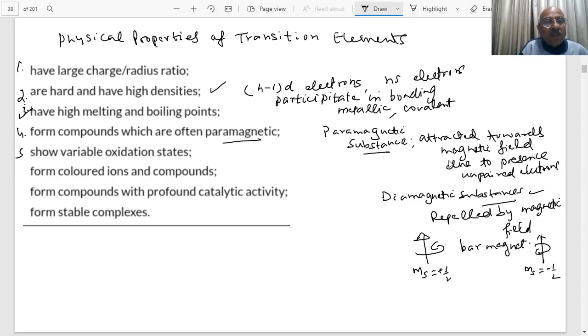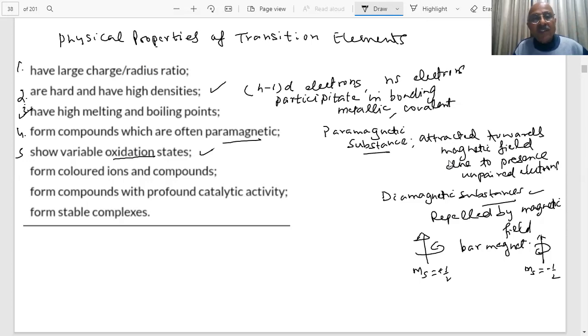The fifth important point which we are going to study is the oxidation state. Transition metals exhibit variable oxidation states, meaning a variety of oxidation states, student. Till now, alkali metals show plus one oxidation state, alkaline earth metals plus two. And now we are coming to groups 3 to 10. They show variable oxidation states. You will see plus 2, plus 3, plus 4, plus 5, plus 6, plus 7, like this.